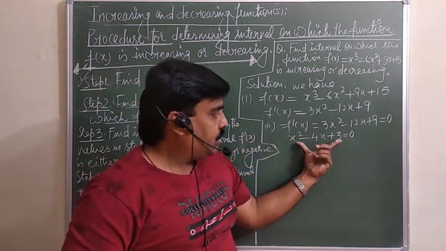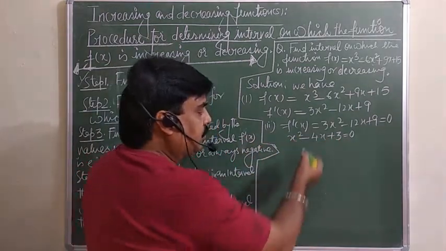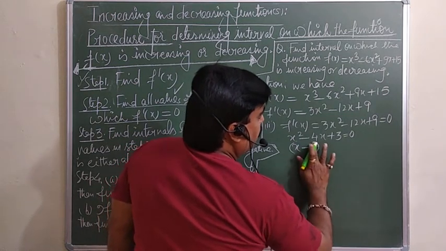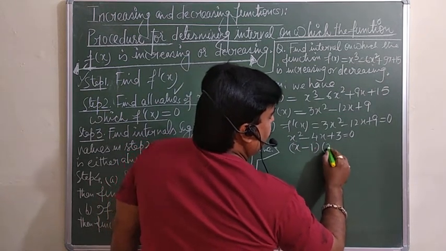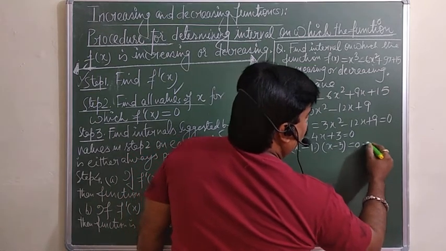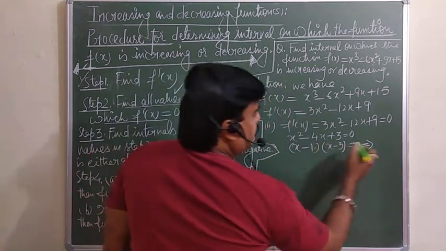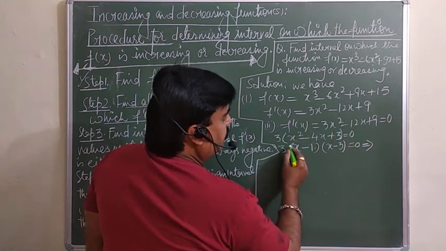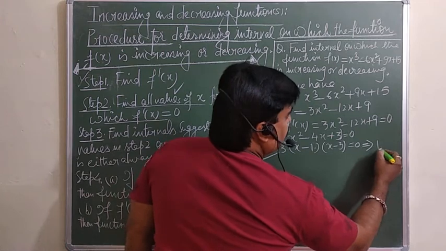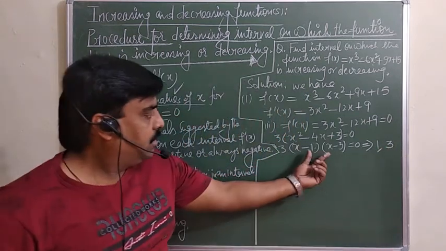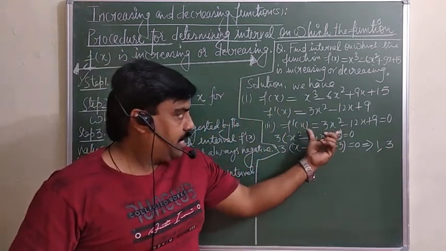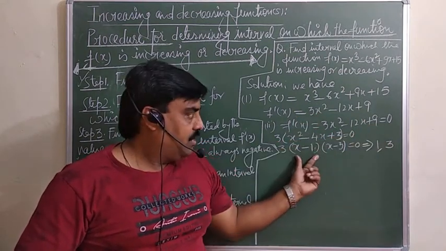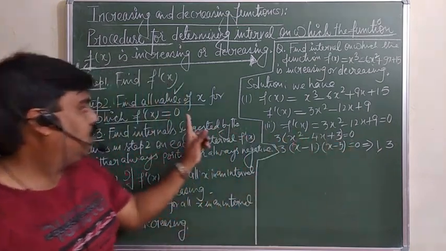तो इसका क्या करना? What we are supposed to do? We are supposed to factor this one. तो इसके factor करेंगे तो you will get (x - 1)(x - 3) = 0. So from here, what will you get as the value of x? You will get x = 1 and 3. You are getting the 2 points here only. You have to take the derivative of this one, make it equal to 0, factor, and find the values of x. You will get the values here.